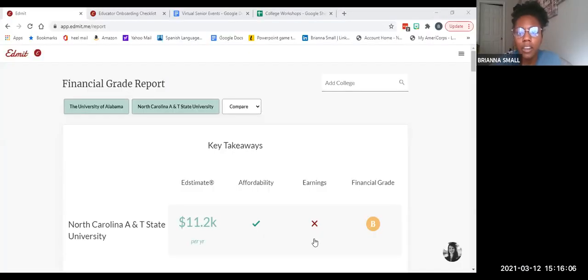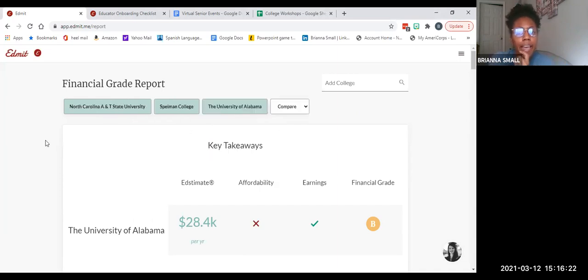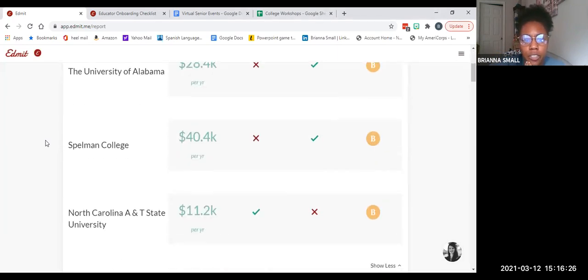If we are, let's just go ahead and add Spelman here so that we can compare. And okay, perfect. Let's do these three. All right, and so if we are looking at Spelman College,